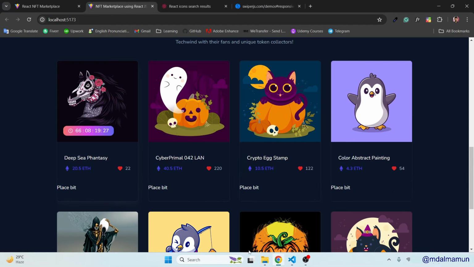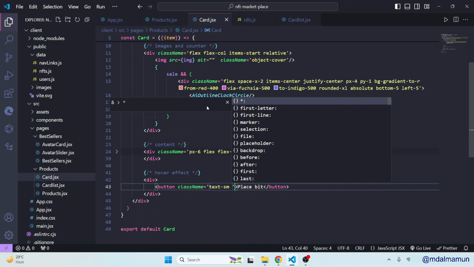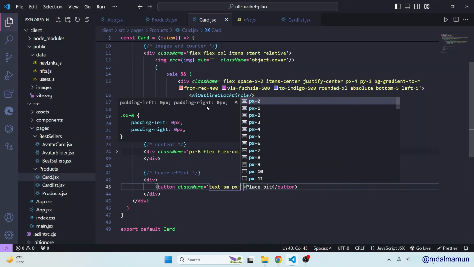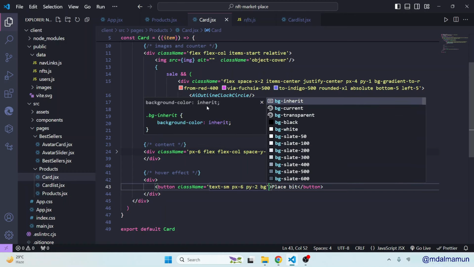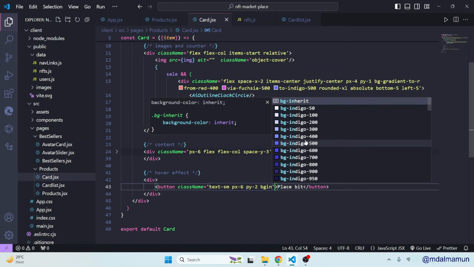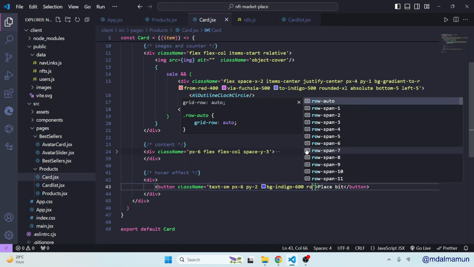Let me check, here is the place bid, we will convert it to a button, so that's why here class name will have text sm, then we will have px6, py2, bg indigo 600, rounded md,